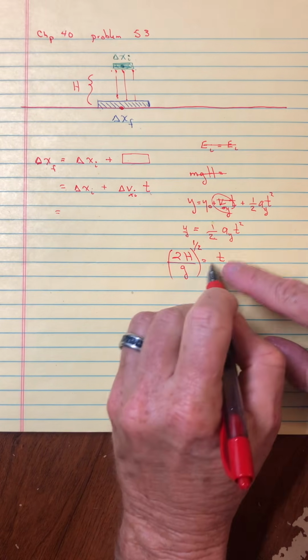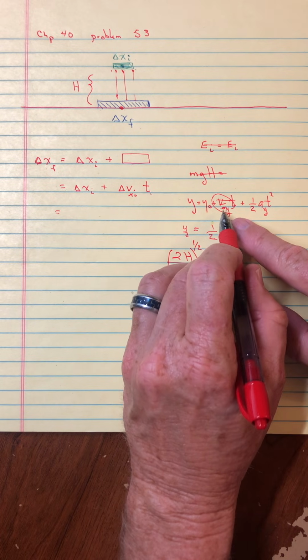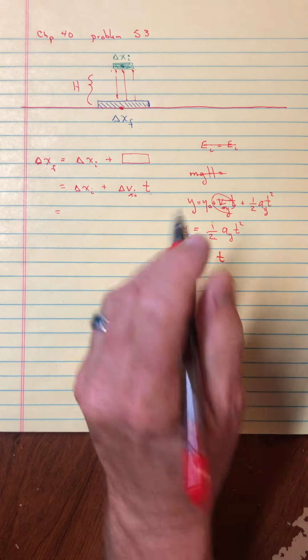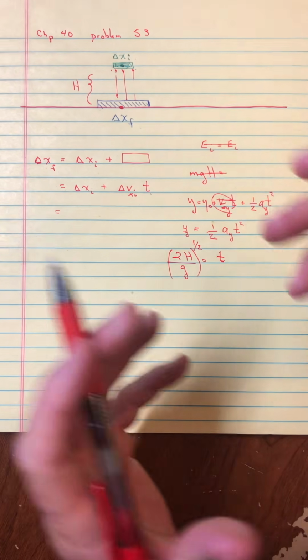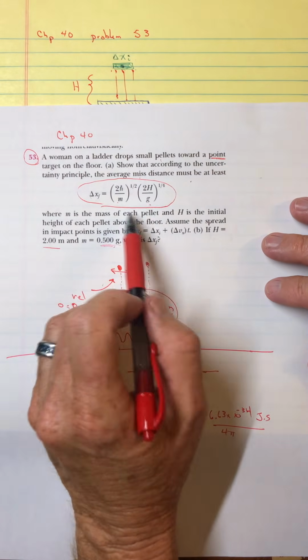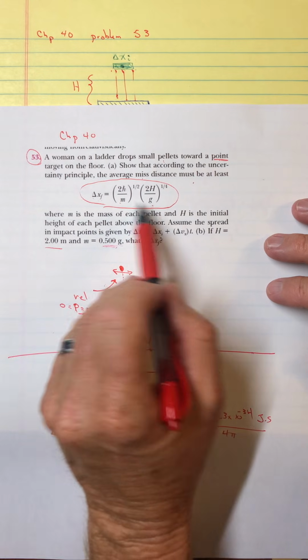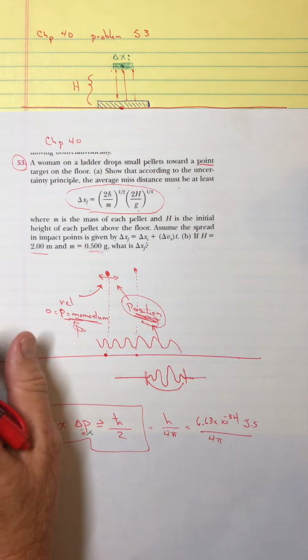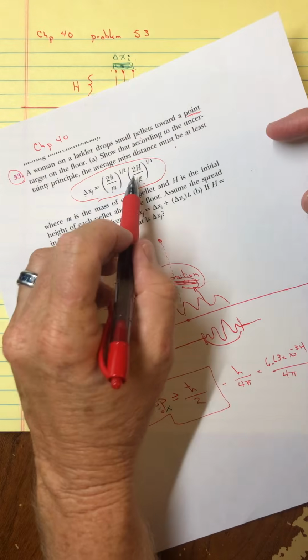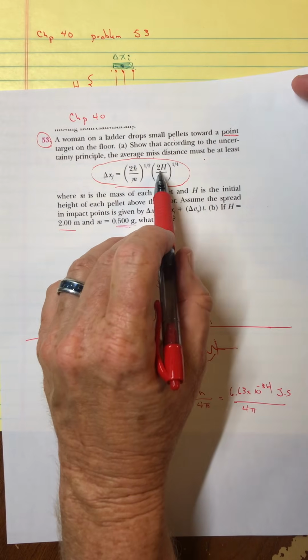Like I said, there probably really needs to be a little bit of uncertainty in the vertical motion, and I'm going to just argue that that's so small we'll skip over it. But I see in his answer, remember he's trying to make it look like this, there is no factor here with the uncertainty in the y direction that it starts. So I can tell that the author's ignoring that. A little bit in violation of the intent of his problem, but this is hard enough in and of itself. And that vertical one is something we usually save for an upper division class here. So that's the factor, though, that I see, the 2h over g.